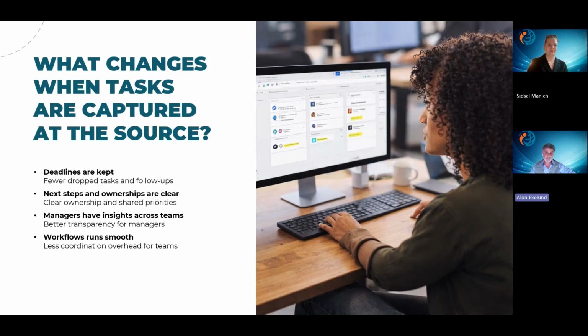If you start your day in your inbox, you'll work reactively. What screams the loudest? That's what you're going to go for. If you start your day in your task list, then you'll work intentionally. So the big question is, how do we get there? How do we get away